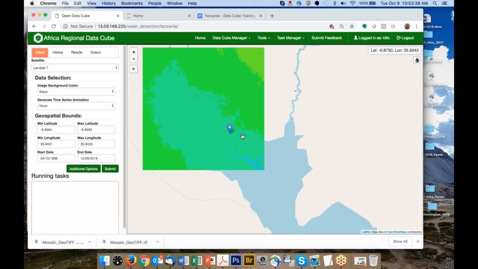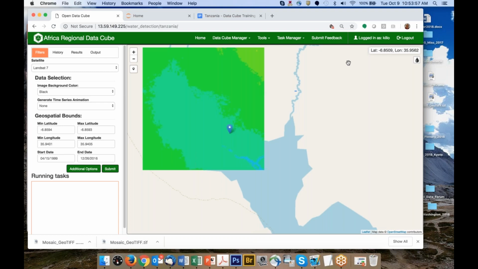It's probably a lot smaller than it was, which was similar to what we saw in the lake. So the lake that we just analyzed just to the west of Dodoma appeared to have dried up quite a bit historically. So this thing is running this time series. Just give it 1 second, and then